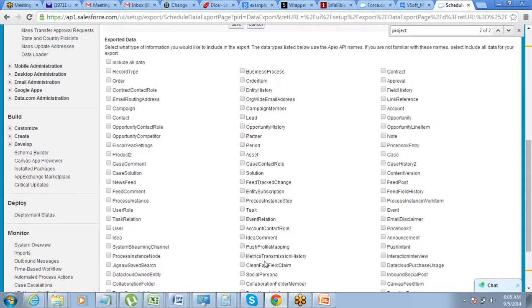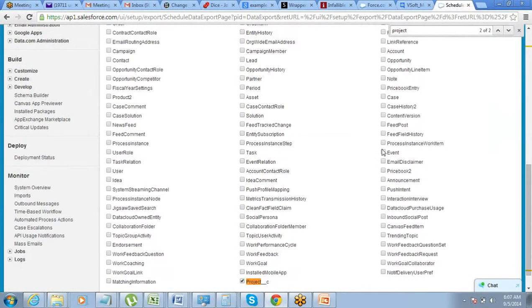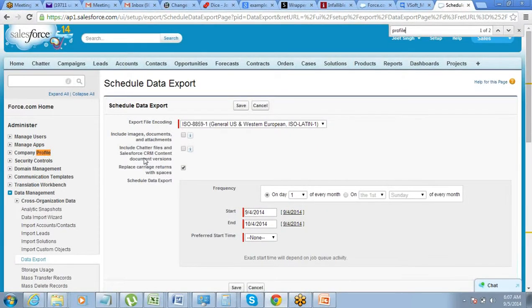All these objects are already there in Salesforce. What we see in the tabs, we always thought that there are only these many objects, but there are so many of them. See, there is an object for profile. This is just for your understanding and has got nothing to do with our export process. Since this big list of objects has come up, I just wanted to share a few things with you. Let's say this profile.